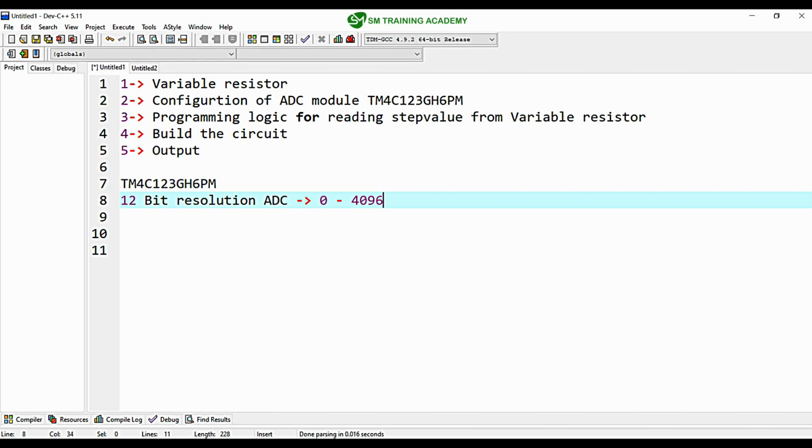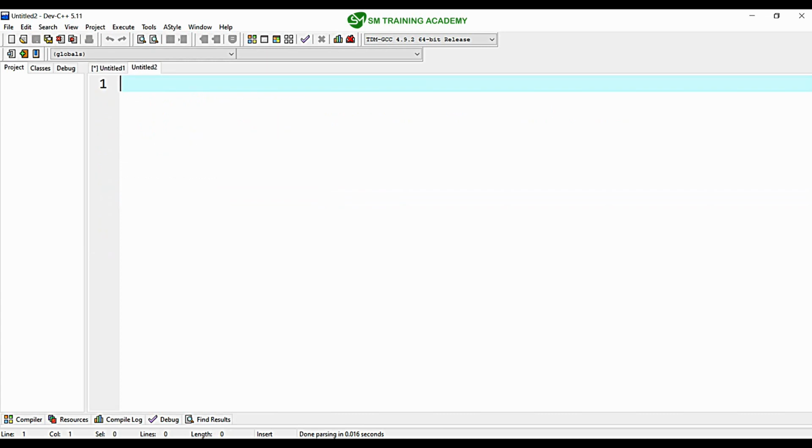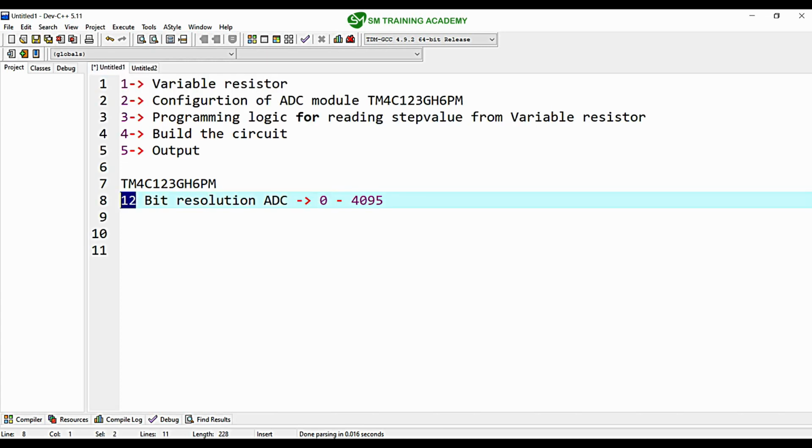So as it is starting from 0, we will be having total of 4096 numbers, that is 0 to 4095. So this will be my maximum step value for the voltage of 3.3 volt, and this will be my minimum step value for the voltage of 0 volt in a particular ADC channel. So that is why it is having a 12-bit resolution,